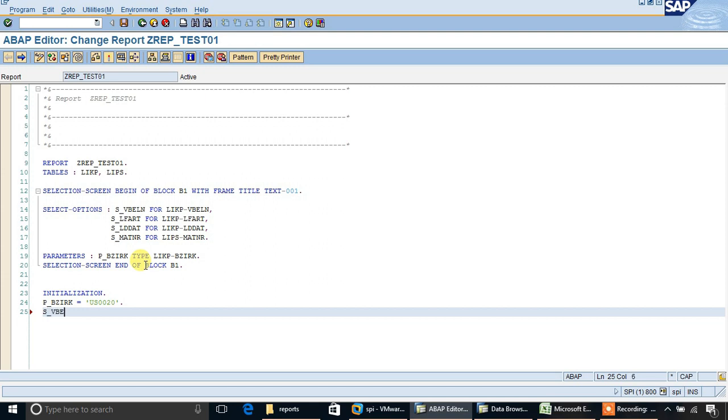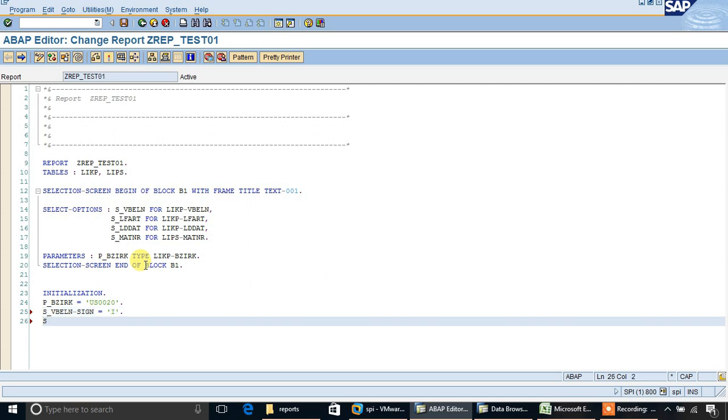We need to give 4 different options to fill this initialization of the select option. First option is sign. So S underscore VBELN sign is equal to I. I means including. Then S underscore VBELN option is equal to BT. BT stands for between.